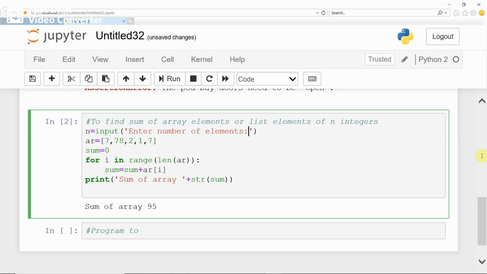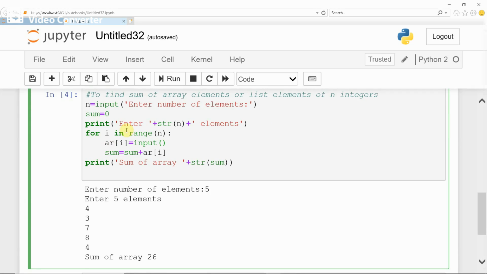Now you have to input a value, and it is stored to n. Whatever n you inputted, it is the upper limit. Now you have to enter n elements into the array.